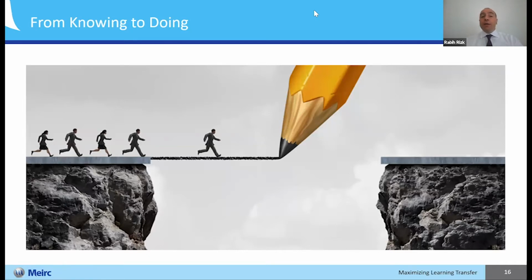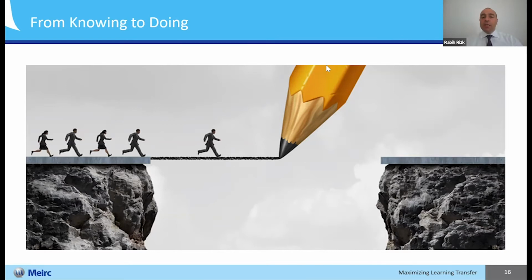So those were three ways that you can leverage memory retention and enhance level 2 of the